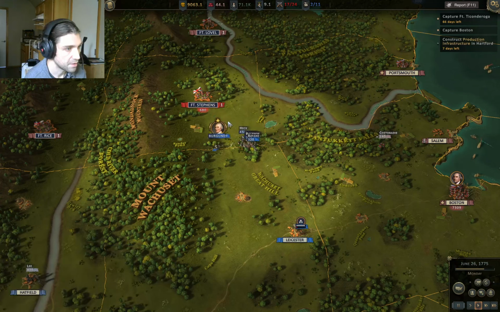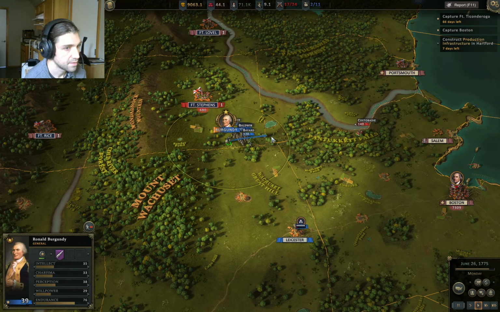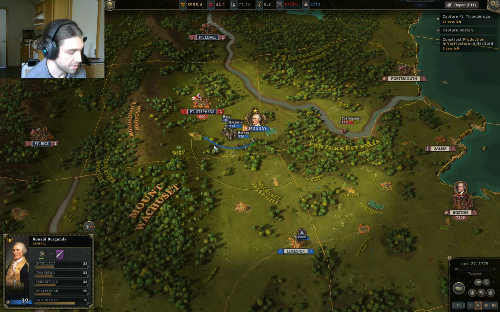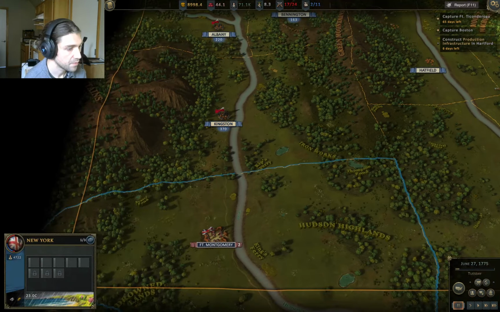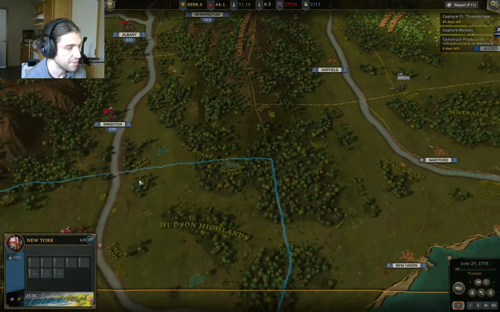I think we're just gonna rush Fort Stevens. There's really no point in... Okay, Lee has left. Okay, we're starting to hemorrhage money now. Fort Montgomery will be... I don't know what we're gonna do down here. I guess if we bunch...